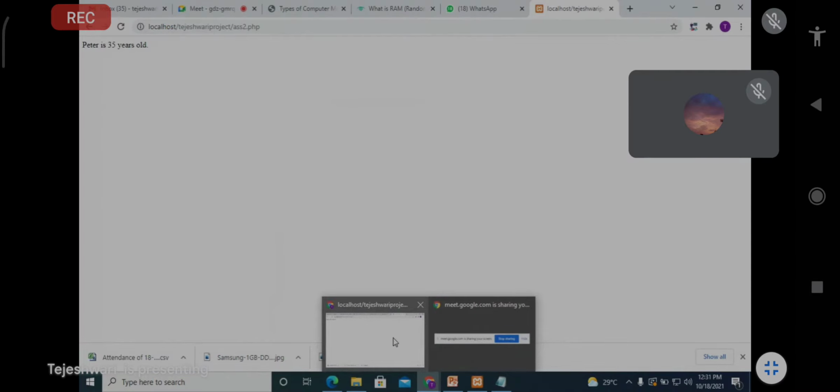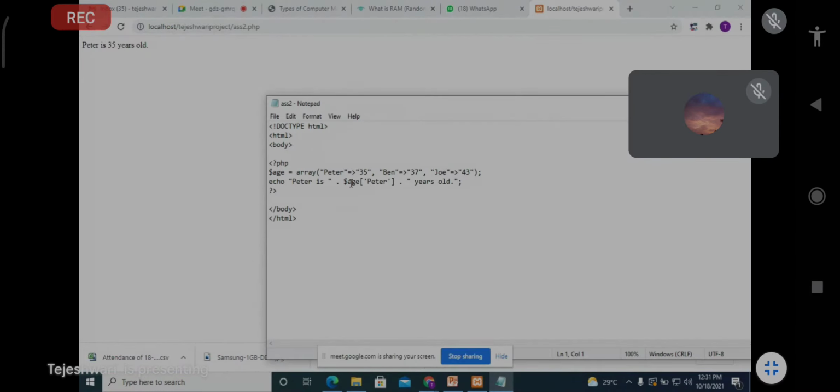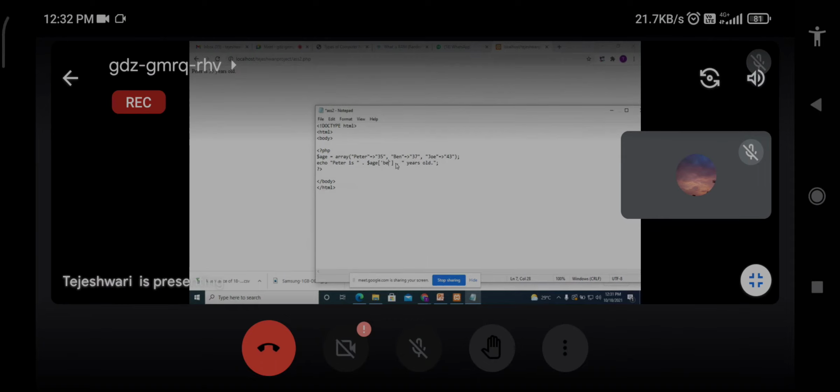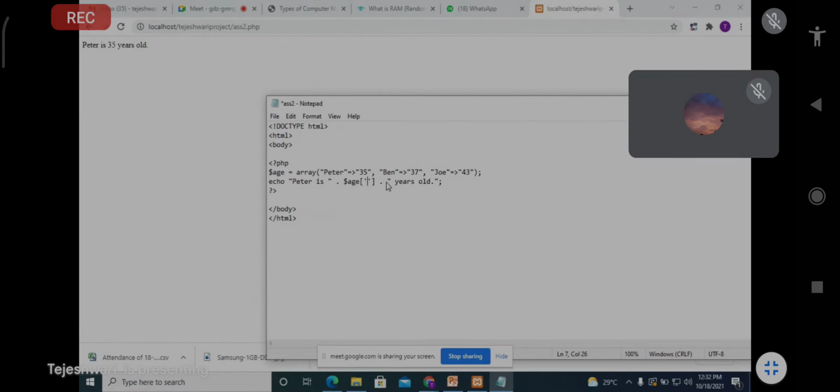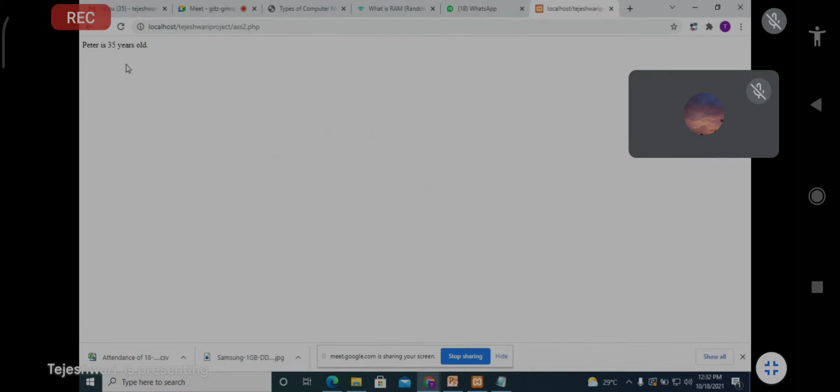Suppose I change here to Ben and save it. Then now you will get another output. Sorry, wait.